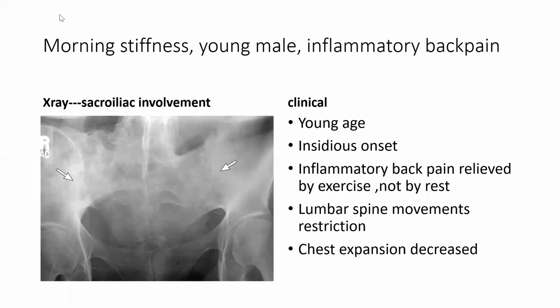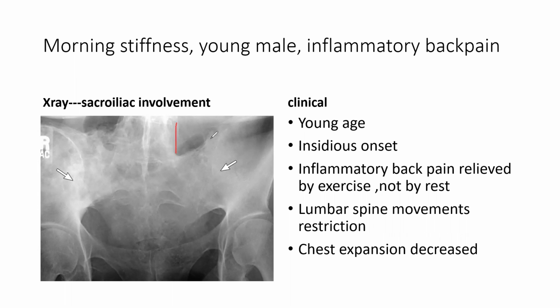So in Angst-Pond also there is a morning stiffness, but morning stiffness is a characteristic of rheumatoid arthritis. उसके cardinal features में आता है. You can find morning stiffness in Angst-Pond also. So a young male with morning stiffness, every day he wakes up with this back pain. See, you cannot identify this. So normally see this all get fused.